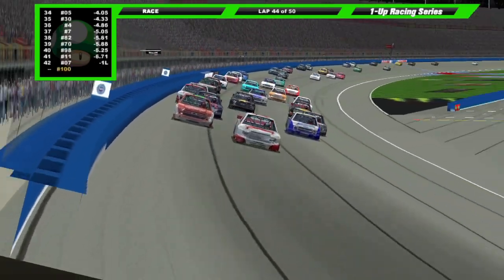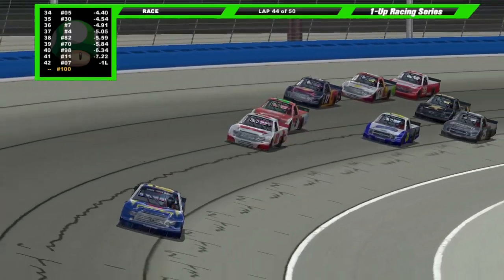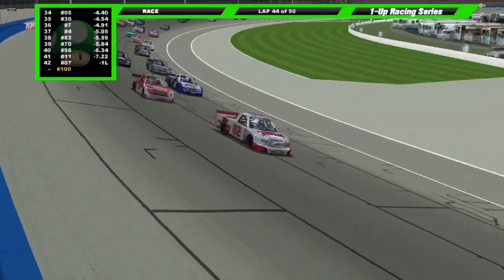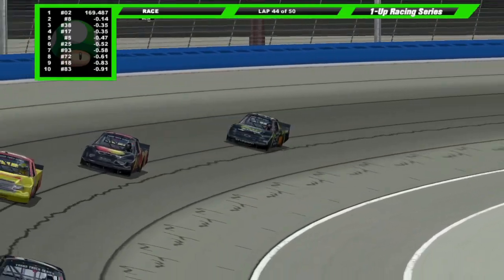So he can rocket off into the distance while the rest of the field battles it out for the win behind him. And see what that could do, though, and it's going to be interesting to see. I think he's going to be